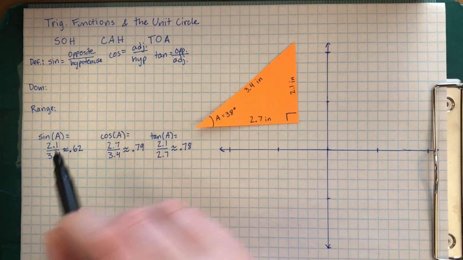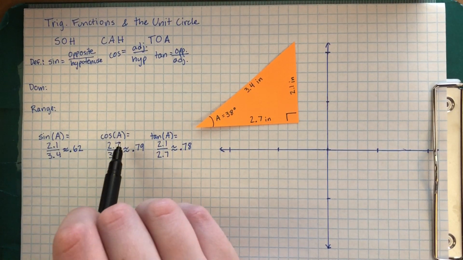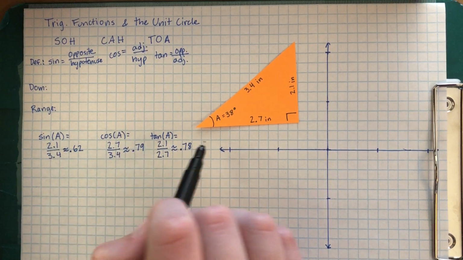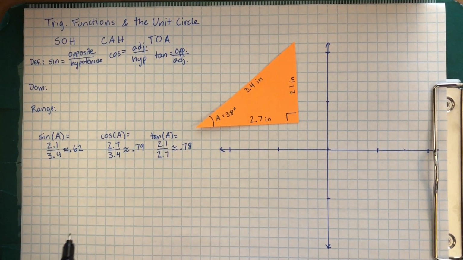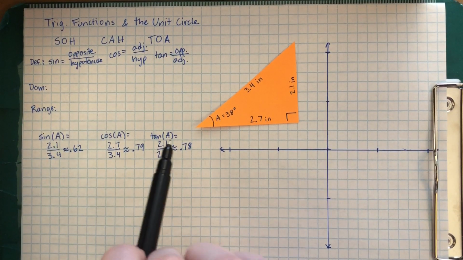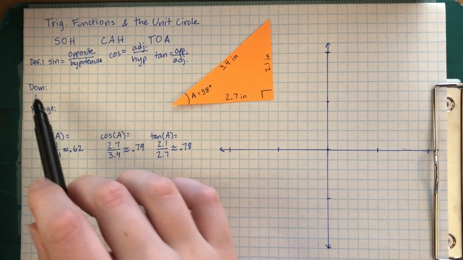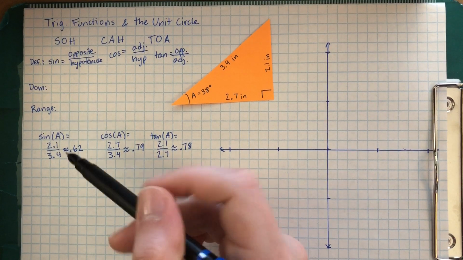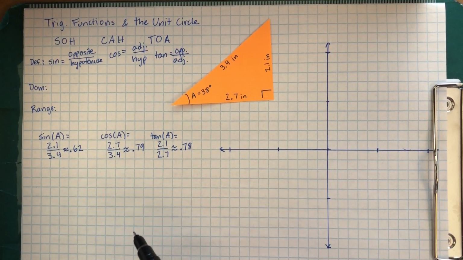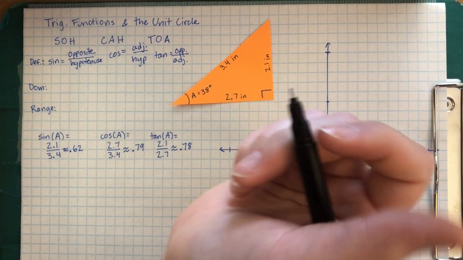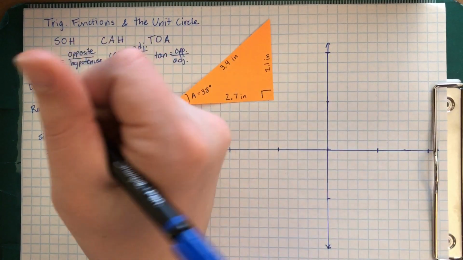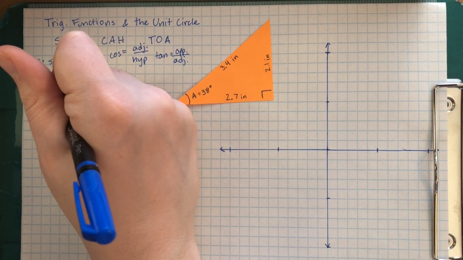And what are the possible values that we could put within these functions, based on how we figured out what it means to be the sine of this angle A? The domain, the possible values, are angles